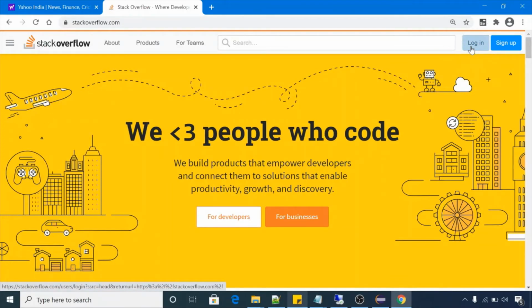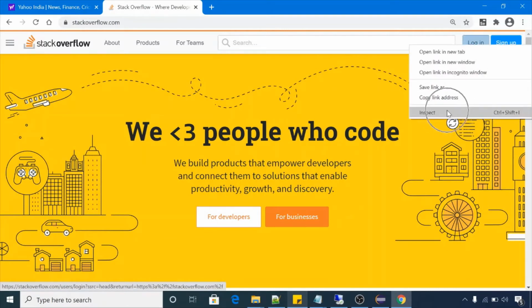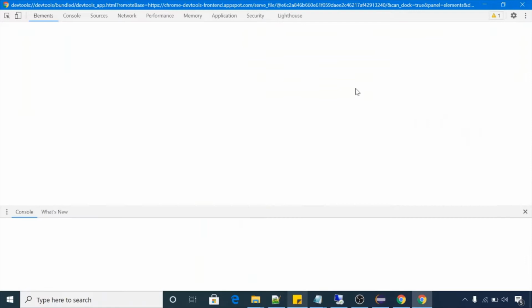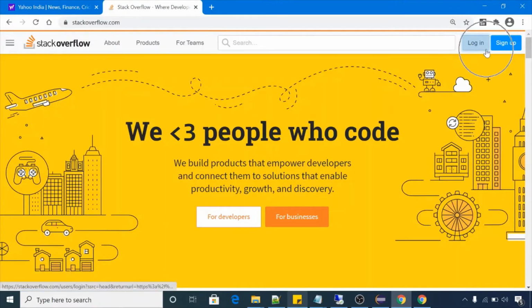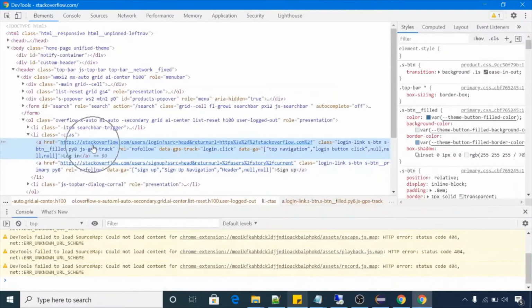Let's suppose we want to click on the login button. So how can you use the browser to find this element on the web page? To find the details of this element, you have to right click on this element, and you will get the inspect option. Click on the inspect option, and this is the DOM, guys. This is called the DOM, the list of all the elements starting from the root node, that is HTML, and head tag and body tag. In the body all the elements of your web page are defined.